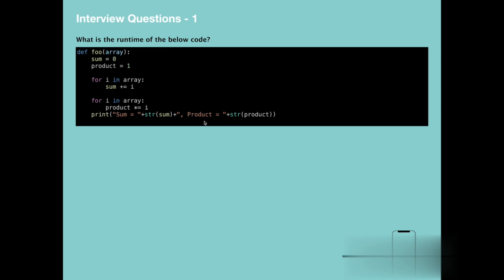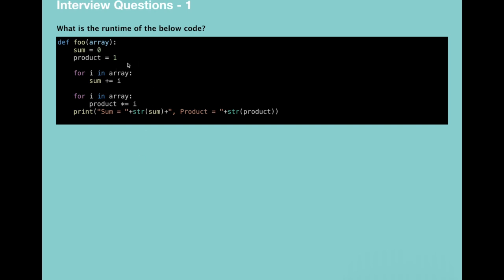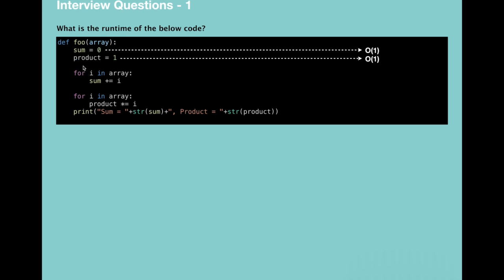We will implement the method that we used before. So we will start from the first line of code, which is assignment of a value to a variable. We know that it takes constant time complexity, and the second line is also the same. It also takes constant time complexity because we are just assigning a value to a variable over here. Now we have two separate loops here. We know that looping through an array takes linear time complexity. So we have O(n) here. Then once again here we are assigning values to variables, which takes constant time.